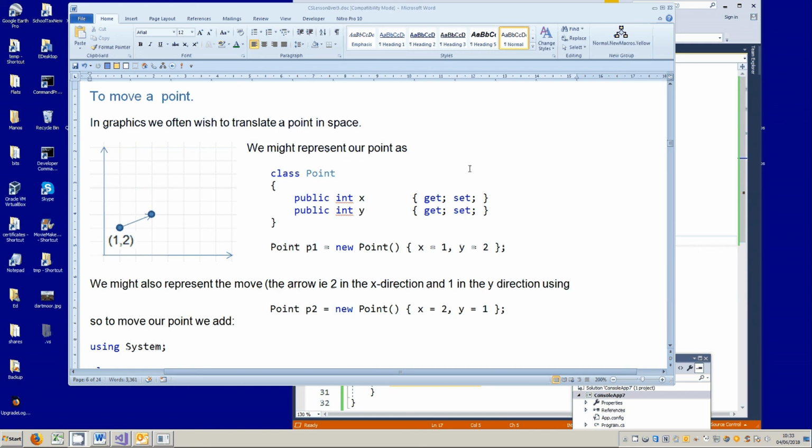So first of all, we could define or represent our point using this. We've got int x, which is obviously the x, and int y is the y in the vertical direction, and then we can initialize our point for x is 1 and y is 2. Now perhaps a bit confusingly, I've represented P2 as a new point being this distance 2 here and 1 here. Now that may be a bit confusing, but